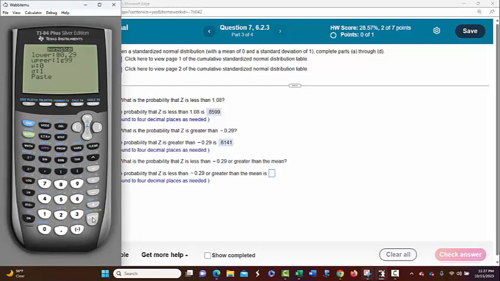So less than, and now it's going to be the -1 EE 99 down to -0.29. Plus